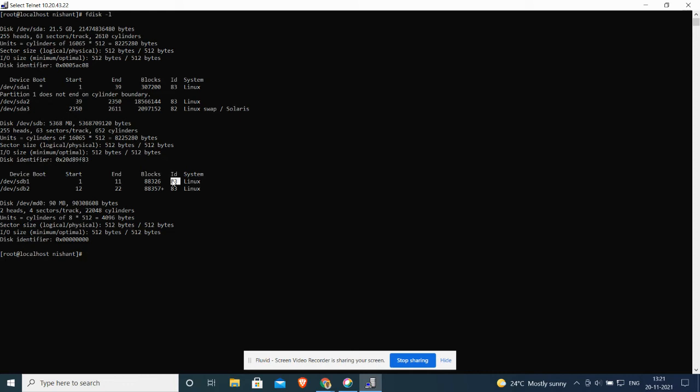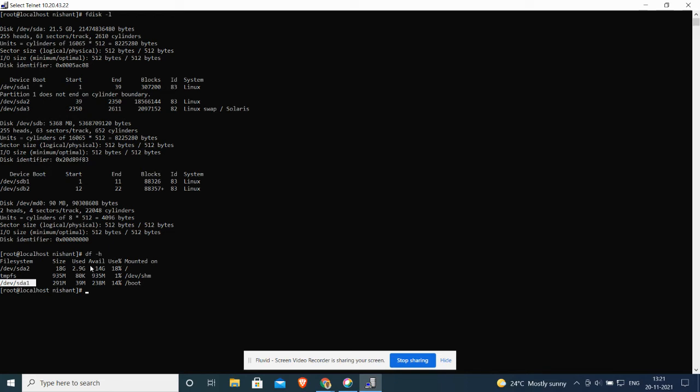This is the hex code for the file system, though it is also written over here that it is a Linux file system used by Linux. So this information we get by the fdisk command. There is another command, that is df -h, which gives more information about these partitions and the storage. So when we run this df -h, we come to know that these are the two storage, SDA1 and SDA2.